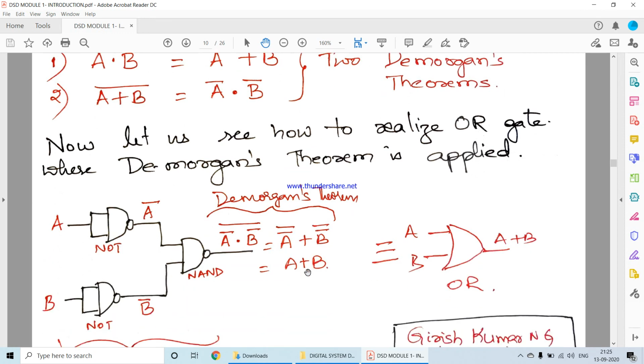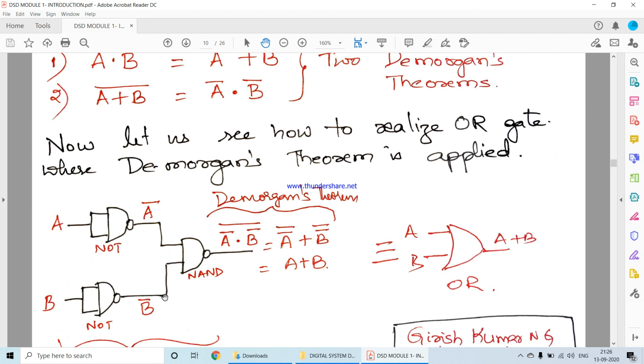The OR gate expression is a plus b, so we should end with getting this expression. This is the diagram you can think of drawing to get the OR gate, because I need A and B separate. So I will take A and B separately, but through NAND gates. The reason is that the NAND gate always gives the complement as an output. Therefore A is given to the NOT-equivalent NAND gate, I get A bar. Then B is given to the NOT-equivalent of the NAND gate, I get B bar. Now A bar and B bar are given as inputs to this NAND gate, where this NAND gate will do what?